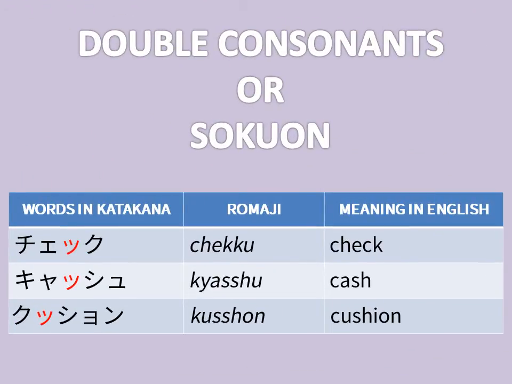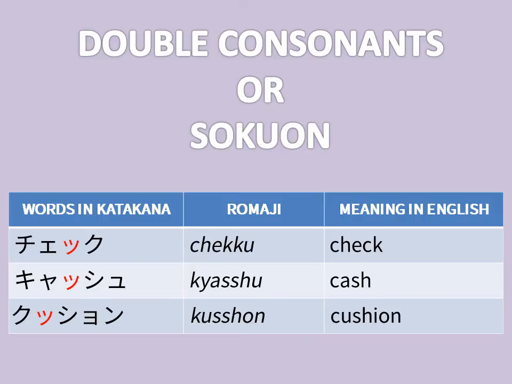Now, if you want to have the double consonant sounds, like twice the thing is the beginning part of any sound is there, then again we will use the utsu character, but in smaller font, just like hiragana. So if we have the English word check, in Japanese we will pronounce it as chekku. Chekku. So you can see we have in katakana chi, then a, small a, making it che, and then the small utsu before the ku sound.